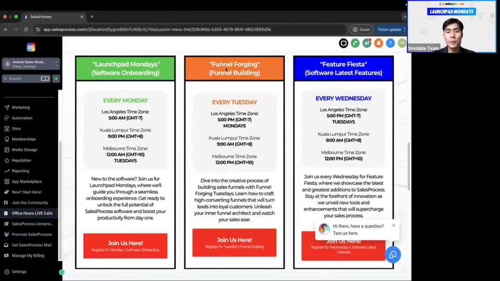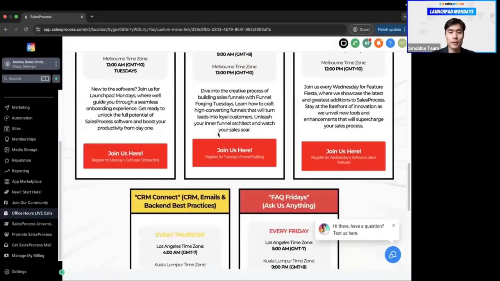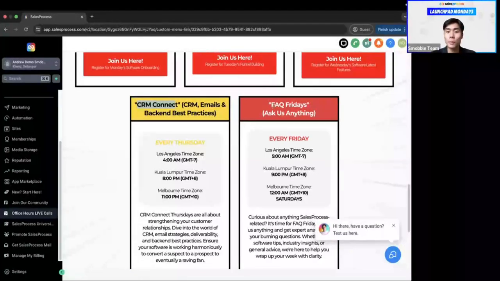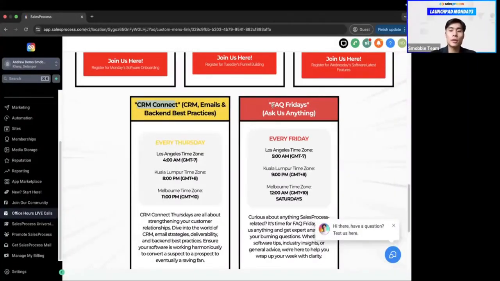Tuesdays is Funnel Forging, mainly focusing on funnel features, landing pages, and things like that. Then on Thursdays, we have the CRM Connect, which will help you set up the backend of your system, and also the best practices on how to maximize the system itself. And then the FAQ Fridays is with me as well. In these calls, we usually cover or address any pain points or specific issues or queries you may have